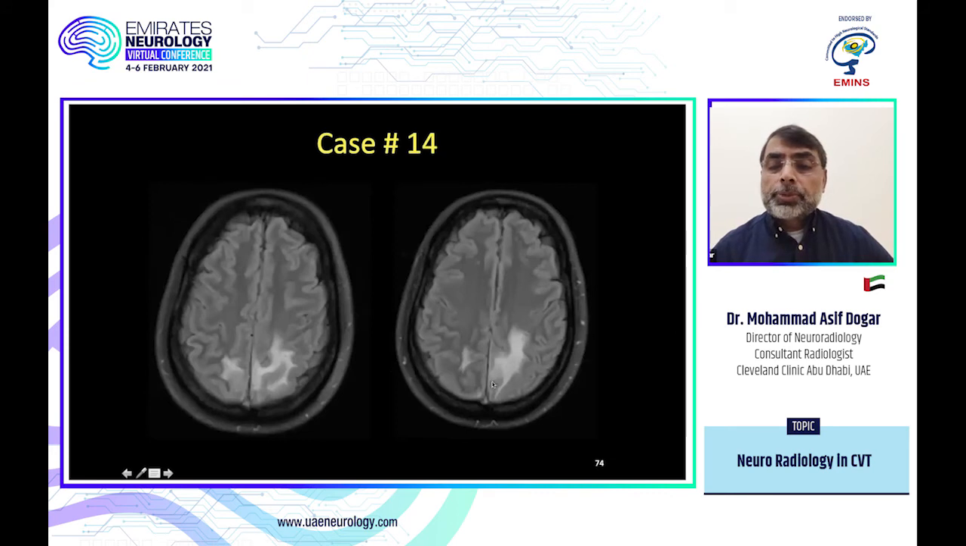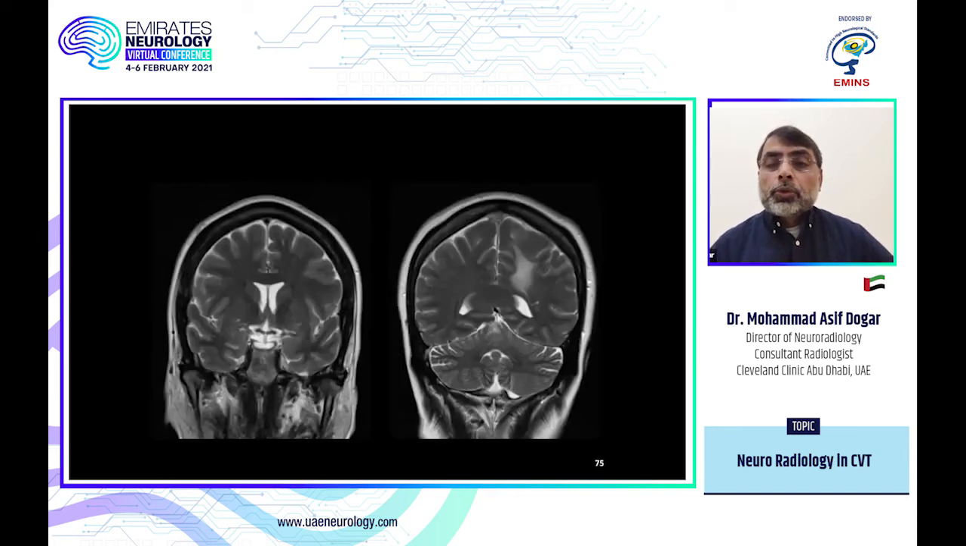Case number 14, this patient has bilateral edema. It looks like a PRES, or it could be like SLE, some vasculitis, something else. It's bilateral posterior, patient has headache. So same thing as you do on the coronal CT, you also look at the coronal MR for the signal